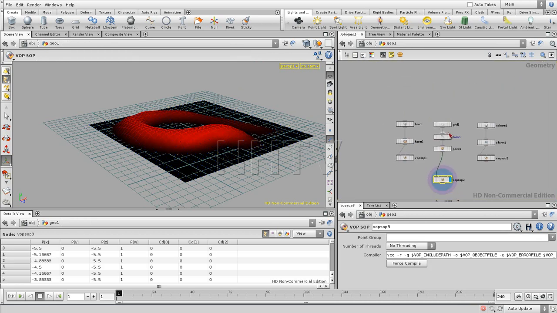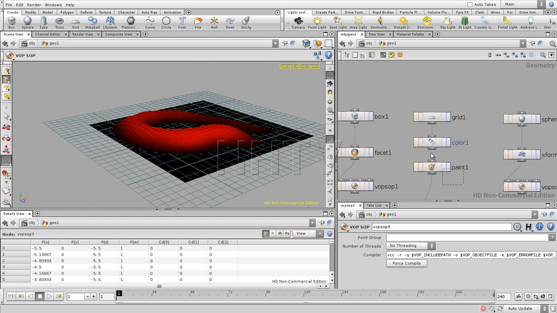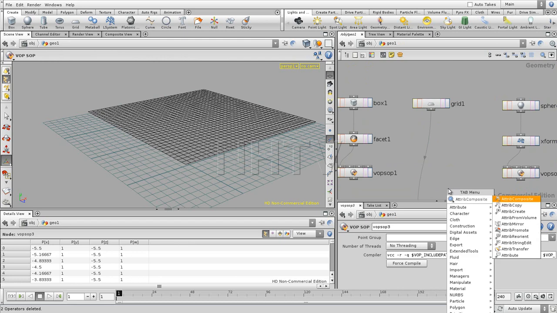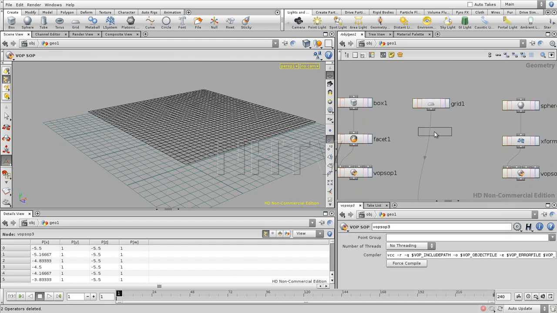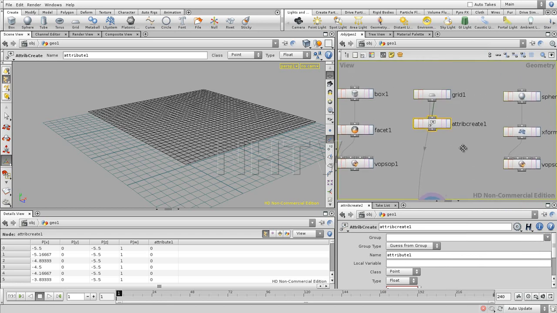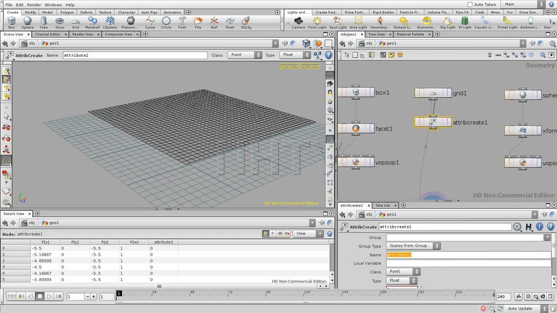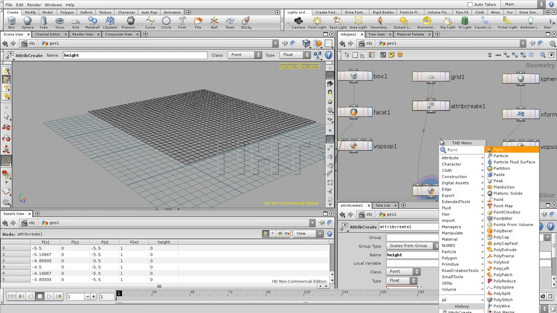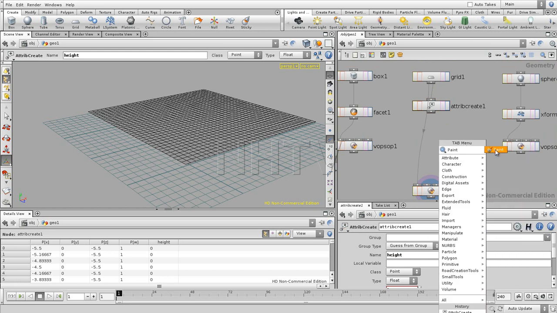So let's just do that, and I'm going to remove these ones over here, and we're going to create a special attribute for that. So just creating an attribute right over here, and this attribute we're going to call, for example, height, because we're going to do exactly the same thing as we did before, but now with a totally different kind of attribute. So if you now take a paint node,